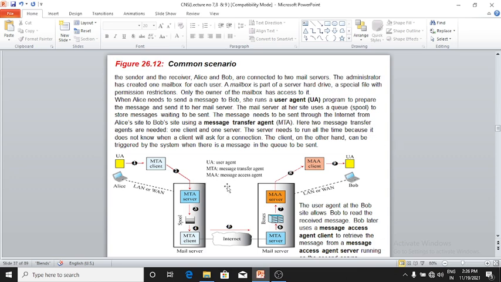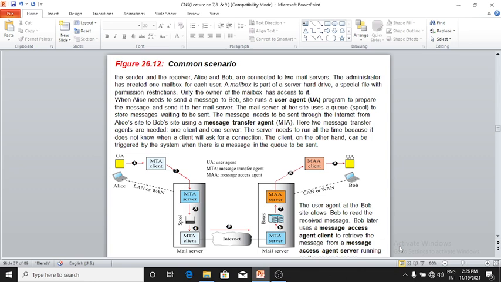See here, UA means user agent, MTA means message transfer agent, and MAA means message access agent. There are Bob and Alice, both at different sites, and they want to exchange mail. The user agent at Bob's site allows Bob to read the received message.